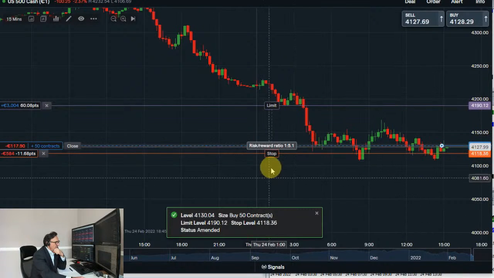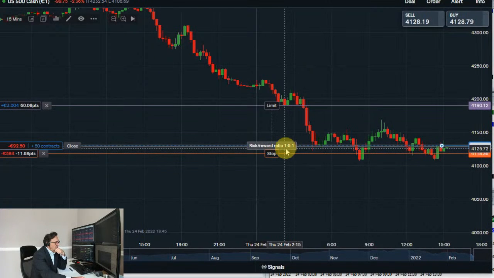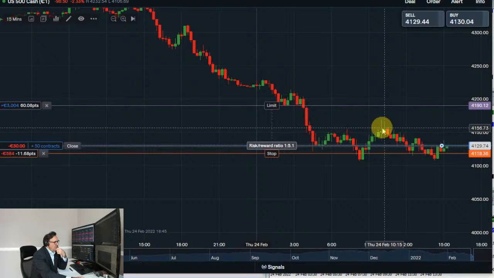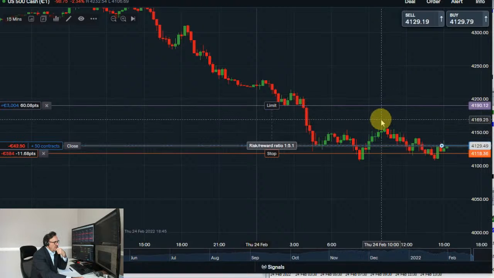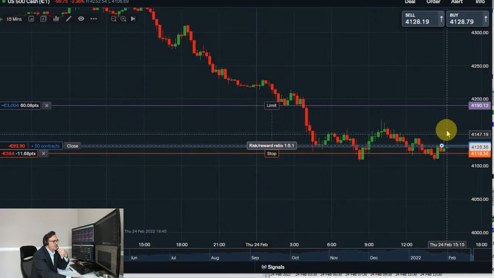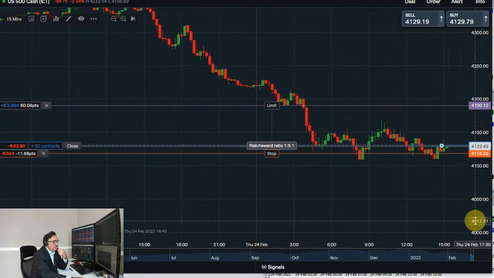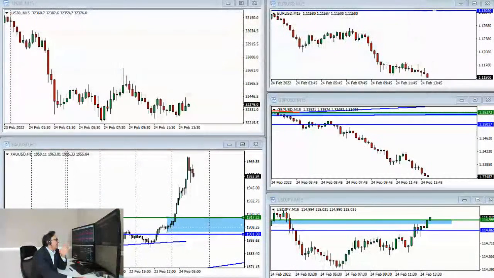So this is the trade. I moved my limit order lower, but here we go. So this was the initial entry, and this is the stop of about 10-11 points. So I'm happy with that, and I'm looking at this area up here and then this area up here, 41.70, for a potential take profit. This would be an intraday trade. If that happens and we see a spike higher, then the next level would be at 41.90, which I would also be considering as a take profit area. But that's where I am with this trade. I'm keeping it open, and I'll keep you informed about what I'm going to do with it.